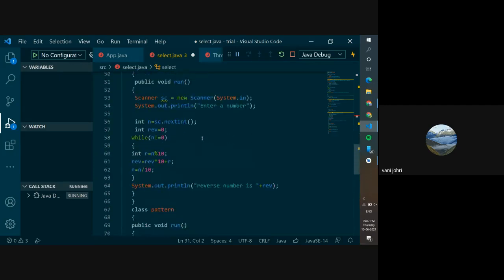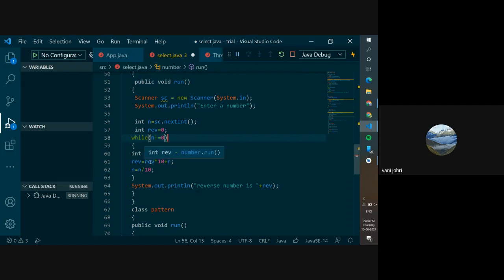That's wrong. So we make this 0 because now this is where you need to think of a logic. Let's say the number was 132. 132 was not equals to 0. It comes inside. It does r equals to 132 modulus 10, which gives you 2. So r's value is 2. And then you've written rev into 10 plus r. So let's say rev was 1. So 1 into 10 would have been 10, and then plus r would have been 12. But we don't want 12, like that would not work.